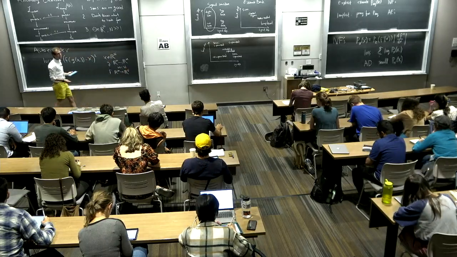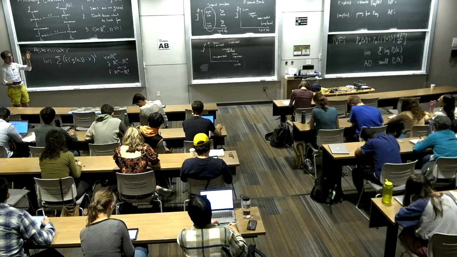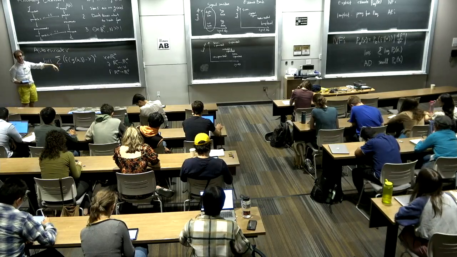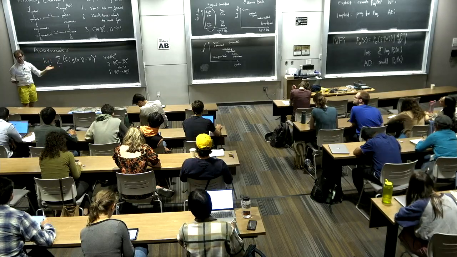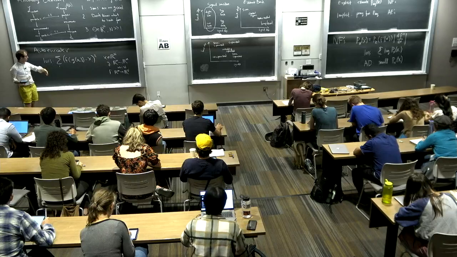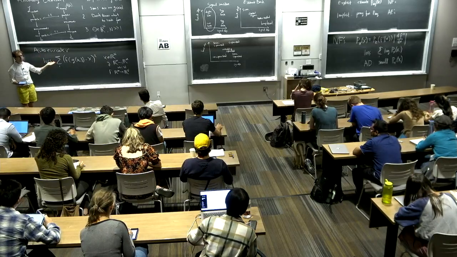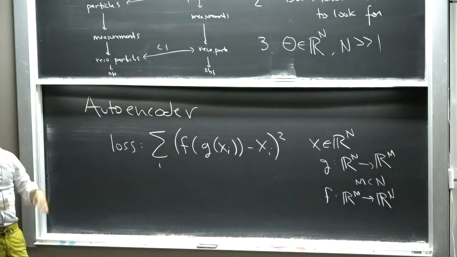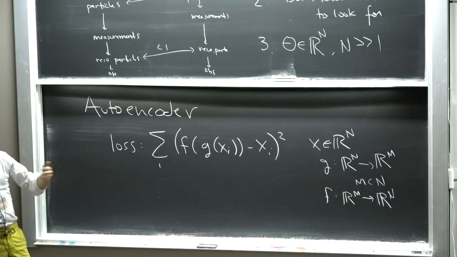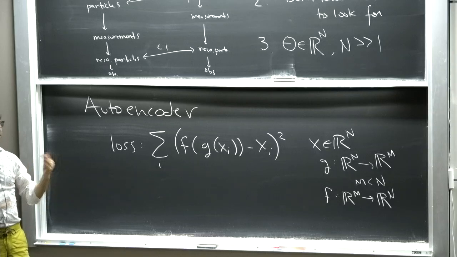So the idea is that you have two functions, an encoder and a decoder. The encoder takes my data and maps it to a smaller space, and then the decoder maps the smaller space to a bigger space again. So if you want to compress with G and uncompress with F, you train it so that the compressed and uncompressed looks like the original. The point is that if your compression algorithm is doing its job, it should allocate its capacity well. It should be very good at compressing and uncompressing things that are very common, and it should be bad at compressing and uncompressing things that don't happen very often, if it's never seen them in the training data set.